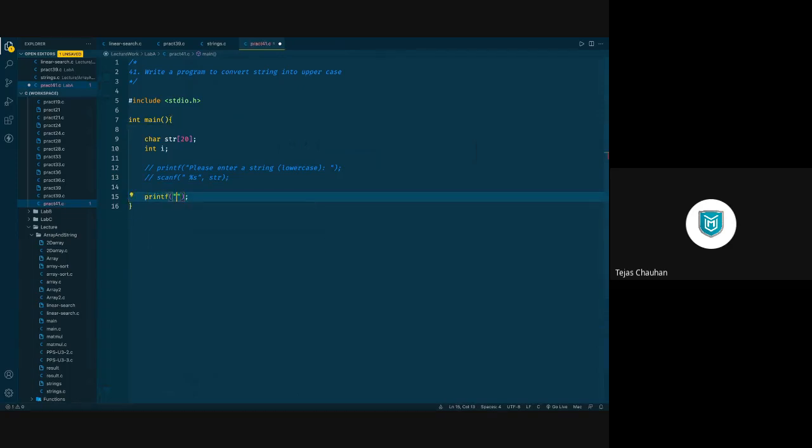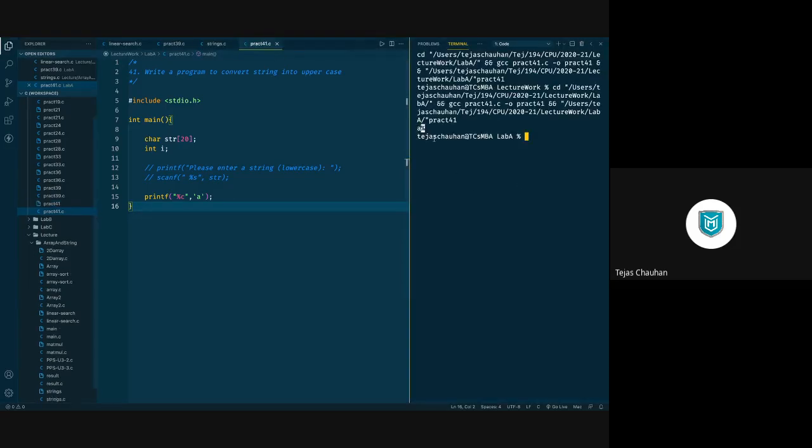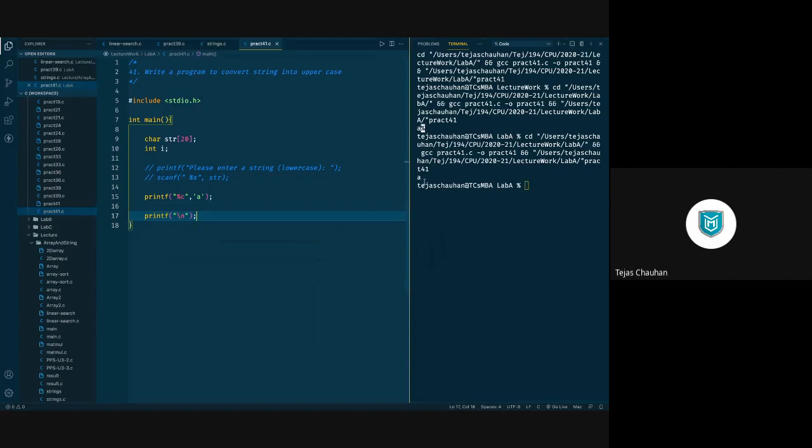When we are working with characters, %c, we can print that character directly this way, single quote a. So it is going to print that character on the output screen. Let me show you that. So it has printed this a here, right? Just to remove that last % sign, let us have \n at the end. Okay, so as you can see, simple a has been printed.